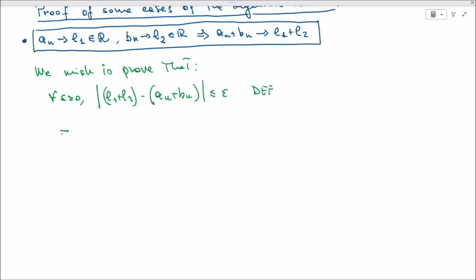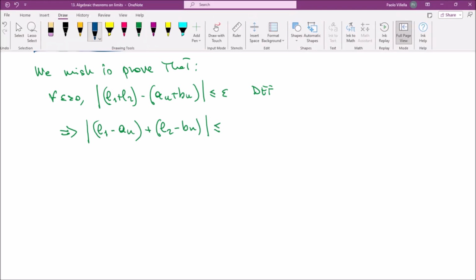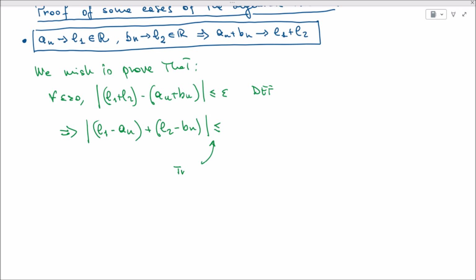However, we know that we can rewrite the same thing as follows: L1 minus an plus L2 minus bn, and this seems to be useful because we are now extracting from the expression two binomials, two differences which may be put in relation with the single limits L1 and L2. In fact, we see that basically this will be by just applying the triangular inequality. So let me remind you what is the triangular inequality. Let me just use the green, okay? So this is the triangular inequality